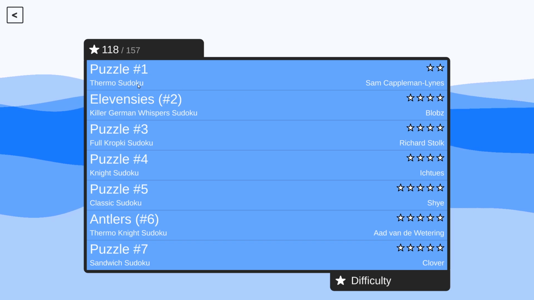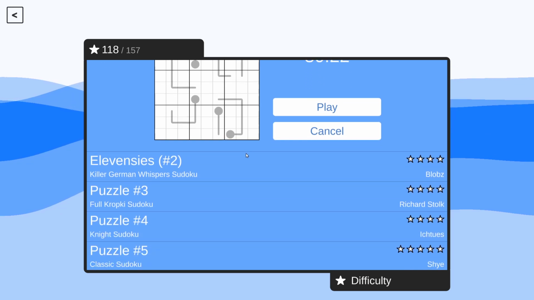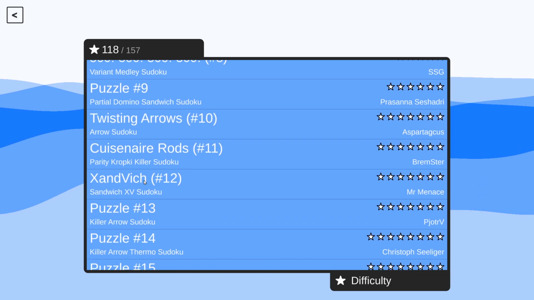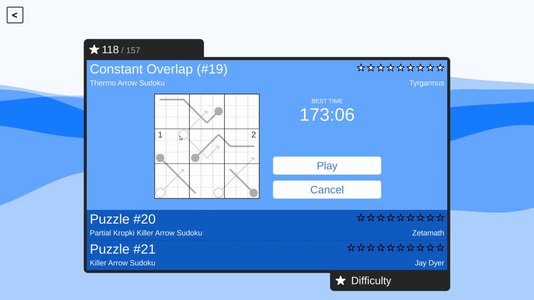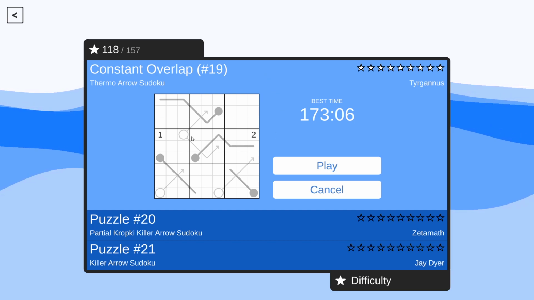And then when you throw in a variant like Thermo, there should be enough of a journey from puzzle number one all the way to becoming a pretty good expert at Thermo puzzles before you run into another Thermo puzzle variant that is fairly challenging, which Constant Overlap was. I could say the exact same thing about arrow variants too. I should have done an easy arrow variant that would have worked my way into doing a more difficult arrow